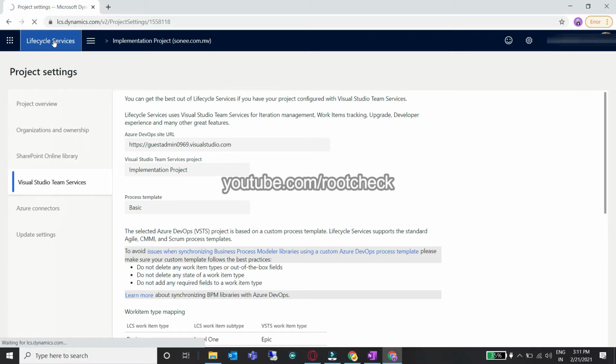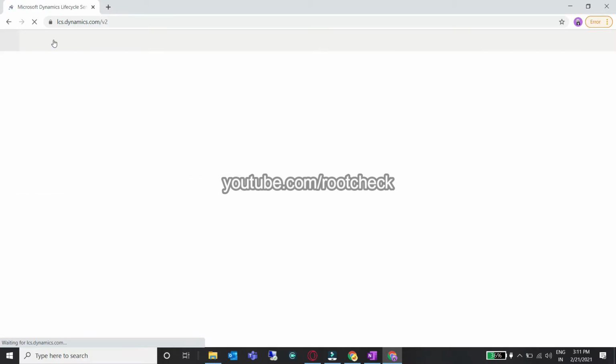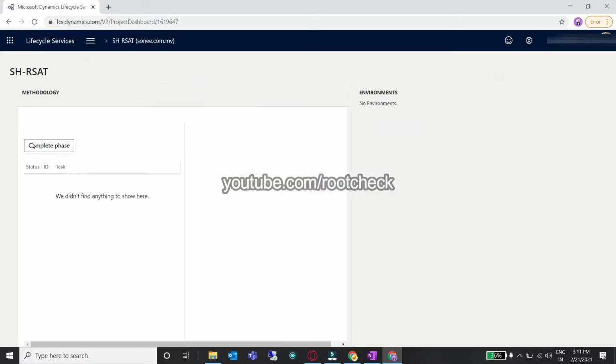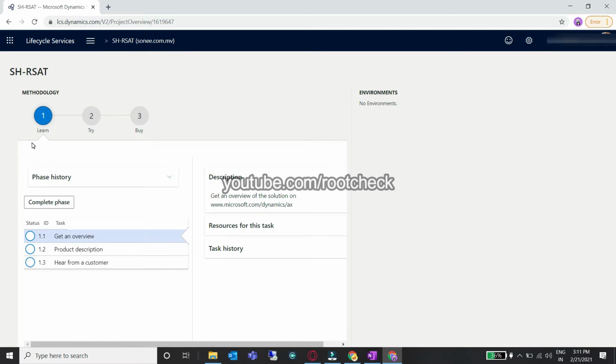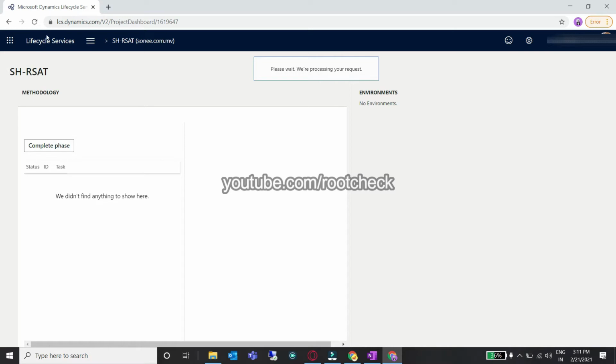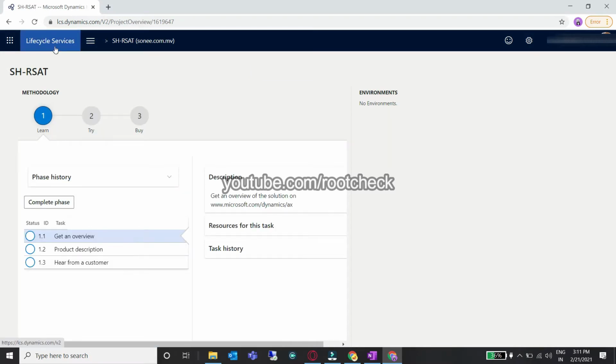So that's the reason we would need a different project. It's very easy to create a project in LCS. You need to name it with any prefix you want, ending with RSET or any name containing the word RSET. That's how you can differentiate it from another project. This project would be dedicated only to RSET test cases, which is a connection between the business process modeler, that is BPM, and the DevOps test cases. So that's the reason we are creating a totally different project for this. I will also show you how to create that.